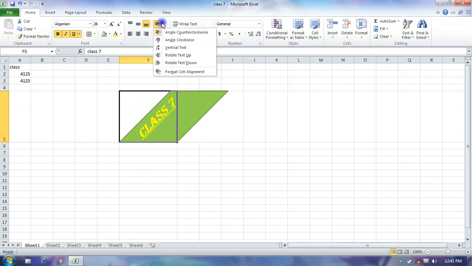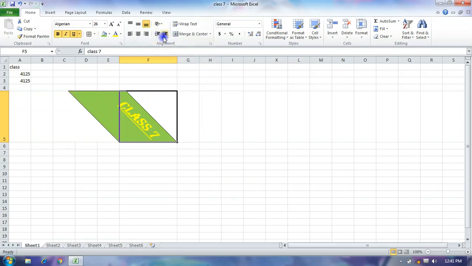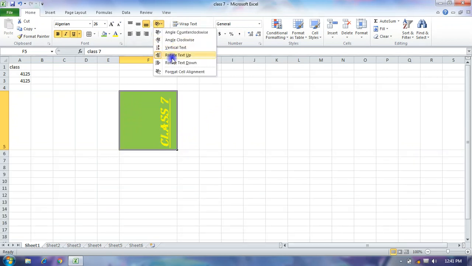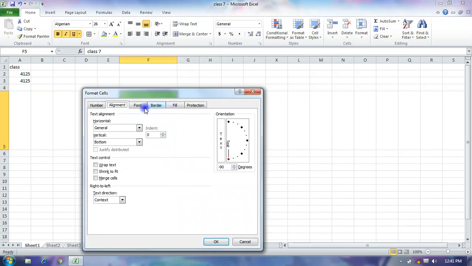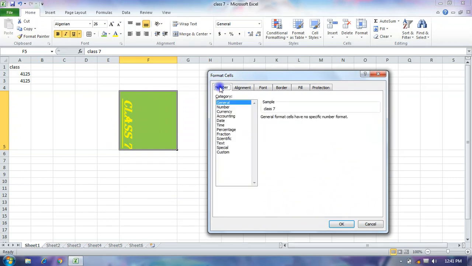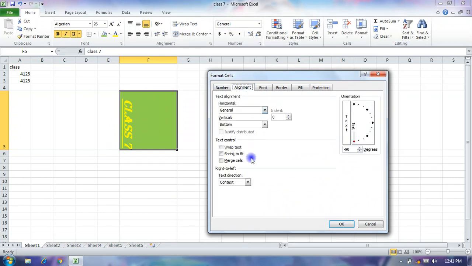It is counterclockwise, clockwise, vertical, text up, text down, or you can click on format cell, and also change from here, like number, alignment.